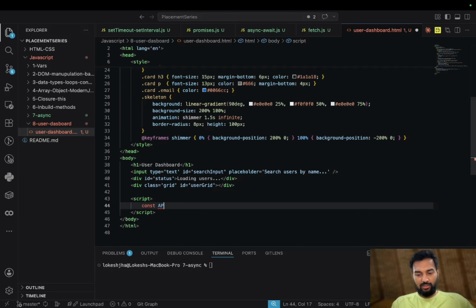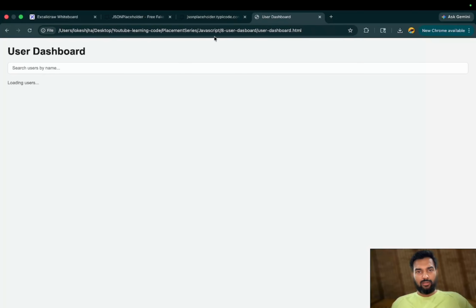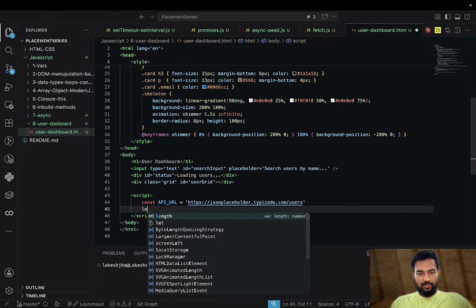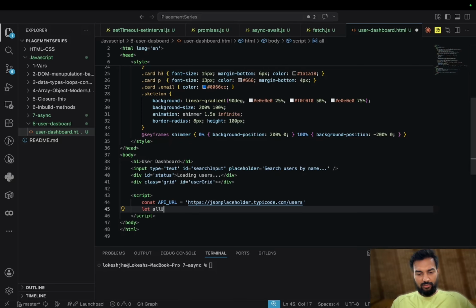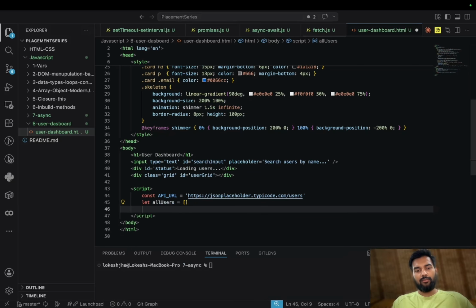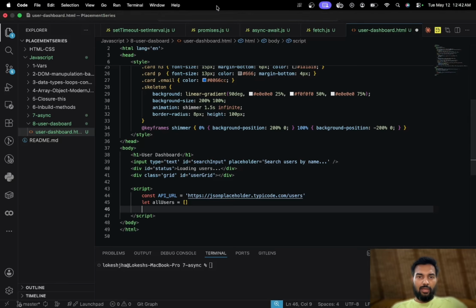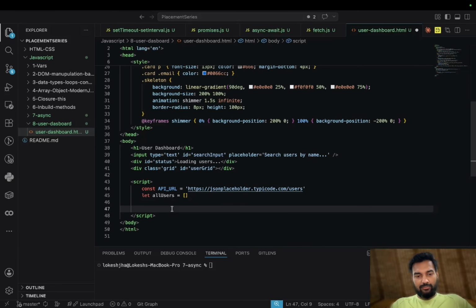So we can do script, and let's start coding. So we have constant API URL equals, let's bring the JSON placeholder, and here we will use users, and let allUsers be an empty array. So now we have a URL, an allUsers array. Now what we will do? We need to call the API to get the response. So let's first build a skeleton function. So skeletons,